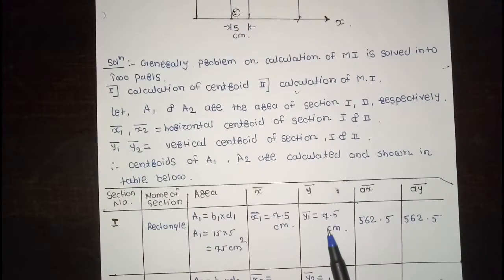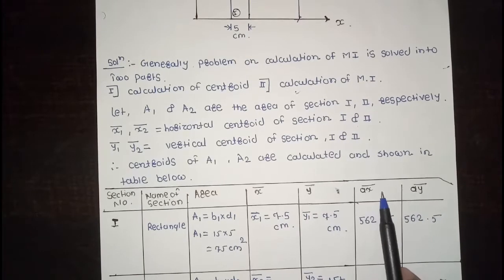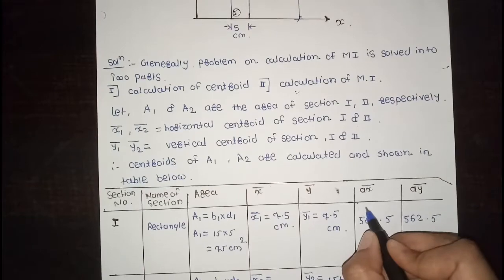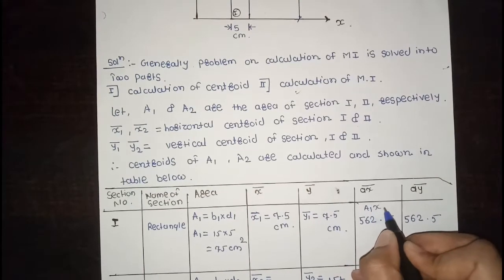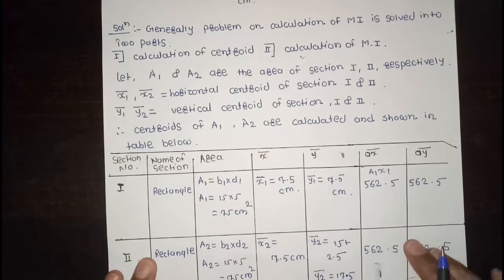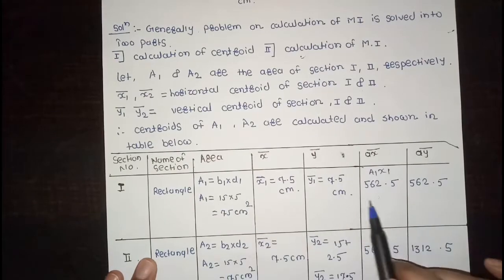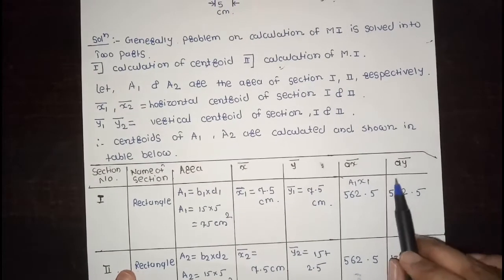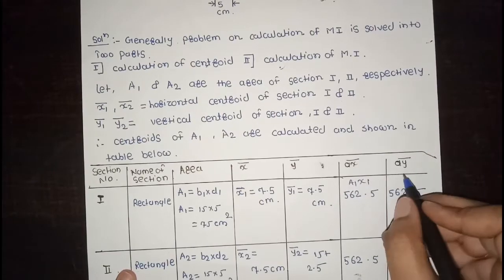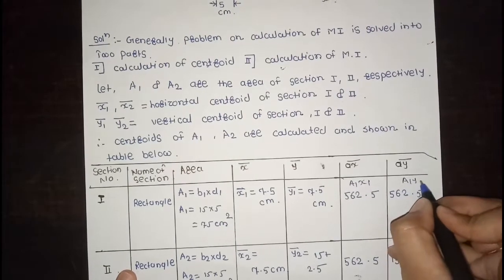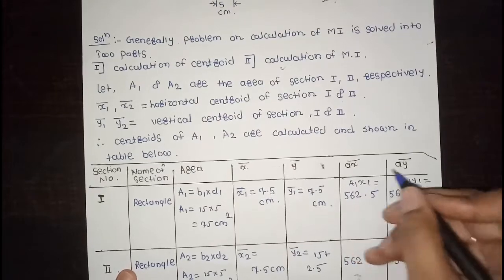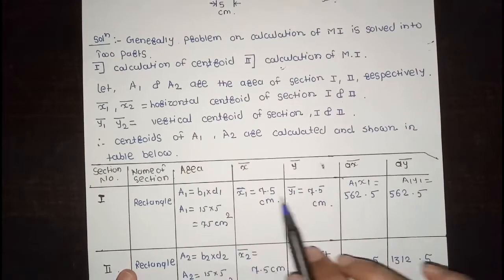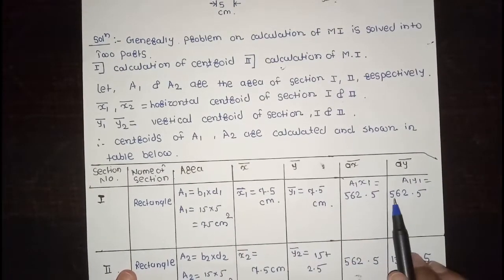So Y1 bar is equal to 7.5 centimeter. AX bar means the product of A1 and X1, which gives 562.5, and AY bar, the product of A1 and Y1, is equal to